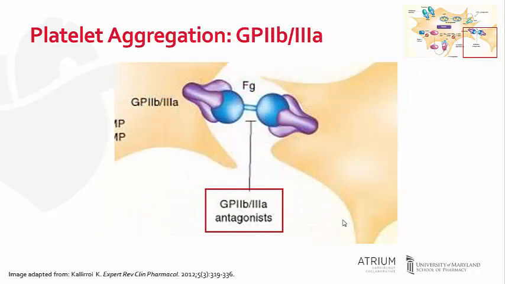Lastly is the role of glycoprotein 2B3A. Glycoprotein 2B3A is a receptor found on platelets that is responsible for aggregation or cross-linking of platelets. Fibrin and von Willebrand's factor bind to glycoprotein 2B3A receptors between two platelets, forming a link between them and producing a more stable platelet plug. Inhibiting this with glycoprotein 2B3A antagonists, such as eptifibatide, directly blocks platelet aggregation and prevents the stabilization of a platelet